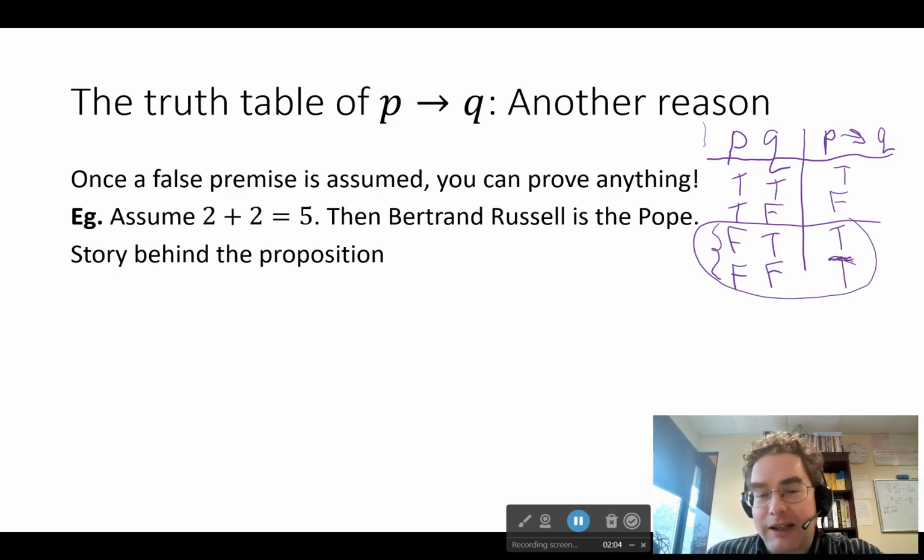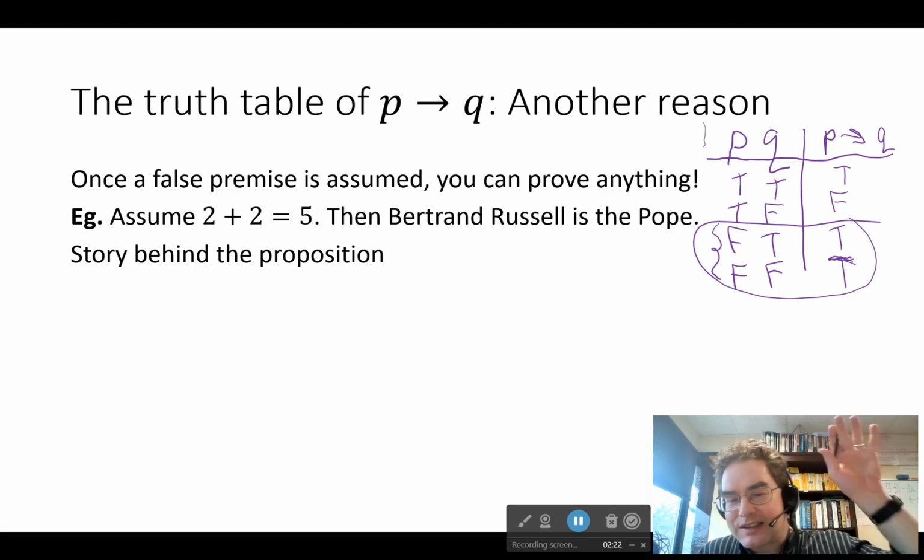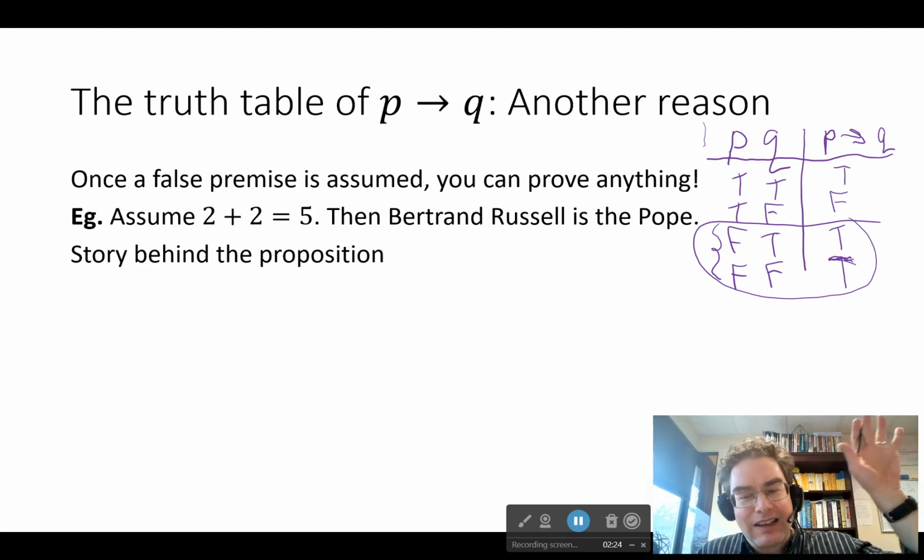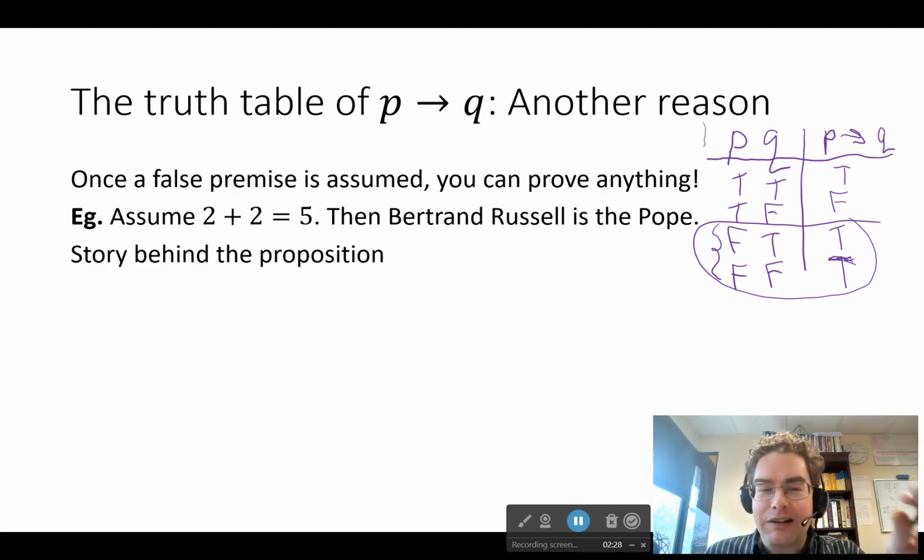One time Bertrand Russell was giving a talk, and I'm not sure if this really happened or if it's kind of just a legendary thing, but he was giving a talk where he asserted this very thing, that if you assume a false premise, you can then prove anything. And someone in the audience stands up and says, "Hold on, that can't be right. I don't believe that. Are you telling me that if I assume 2 plus 2 equals 5, I can prove